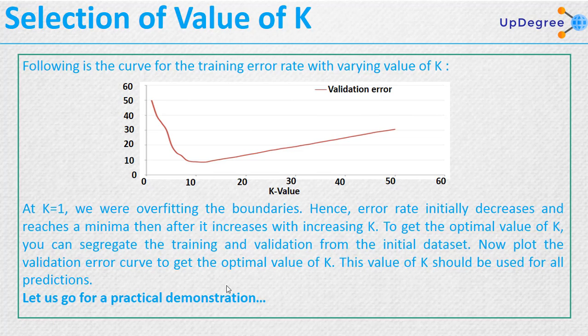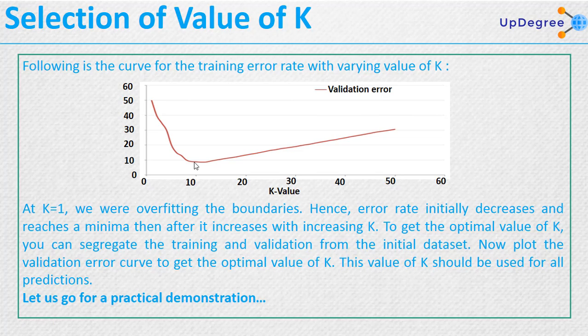To get the optimum value for k, you can segregate the training and the validation from the initial data set. Now plot the validation error curve to get the optimum value for k. So here you can find that at this particular bottom, for a certain value for k, I'm getting the minimum validation error,